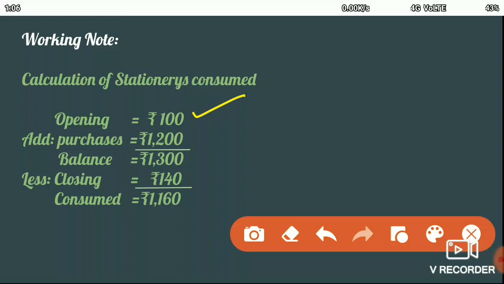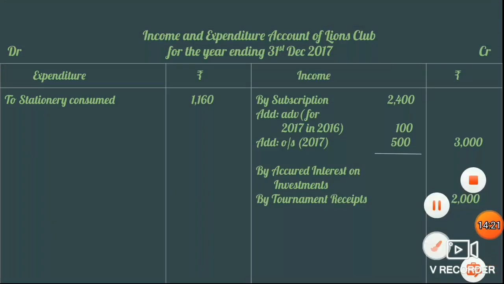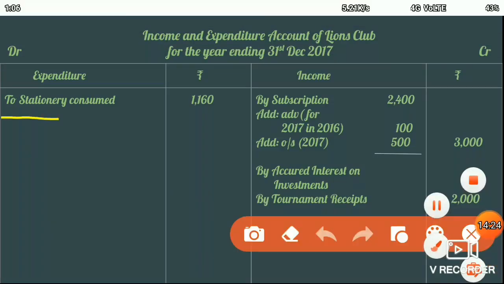Then from the receipts and payments account, we add the purchases made. Then the total stock comes to 1,300. The closing stock shows us 140. So the actual stationery consumed or used was 1,160. So we can enter this on the expenditure side, to stationery consumed